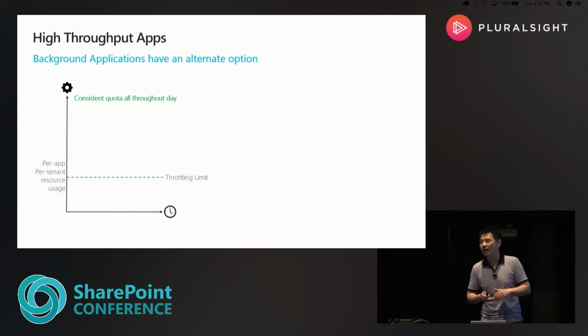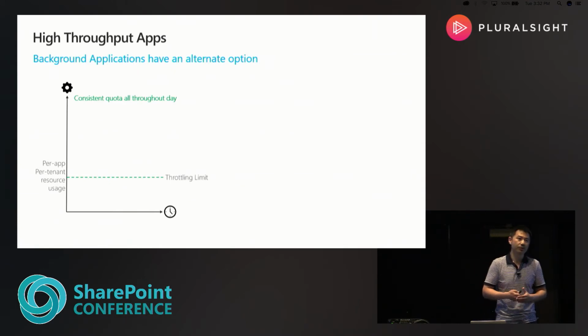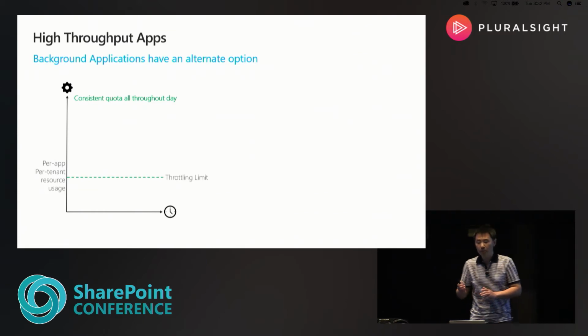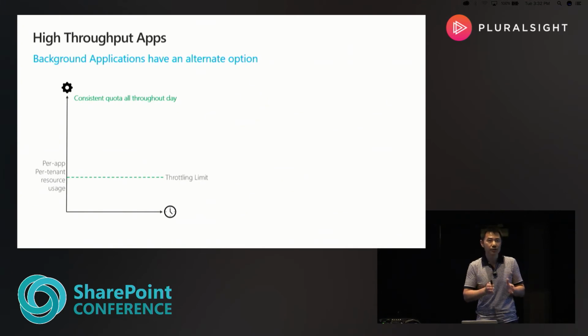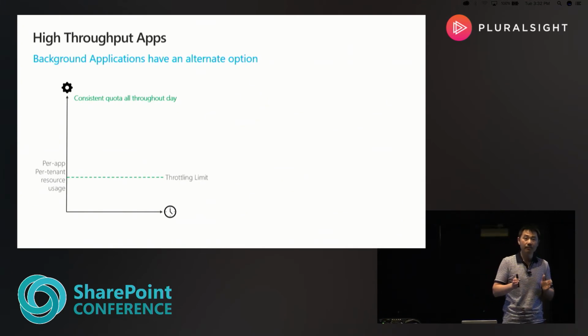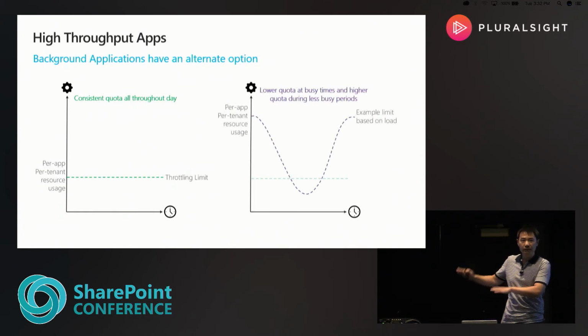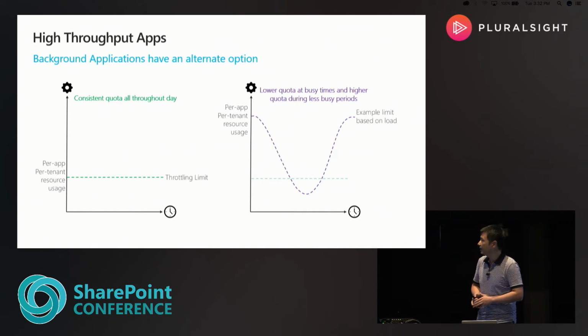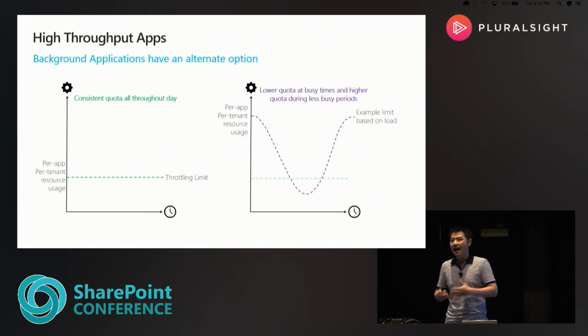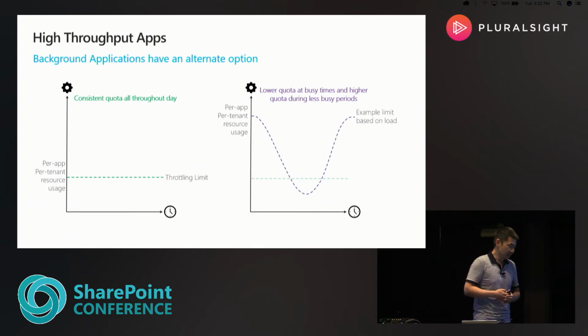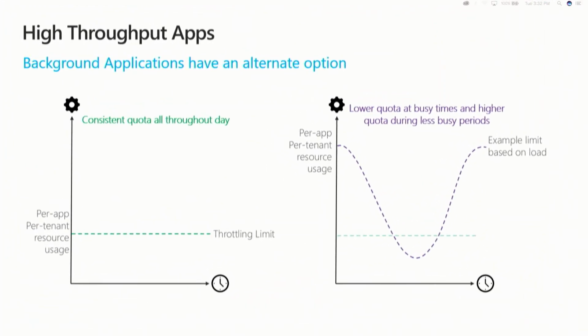So this is designed for apps that provide interactive operations for users sitting on the other end, doing work against SharePoint and OneDrive using your application. The recommendation is, if your app does a lot of work in a short period of time, you should move to a different model. We have a model designed for large scanning apps. So what is a scanning app? Scanning apps tend to iterate a lot of content across different sites. They constantly crawl